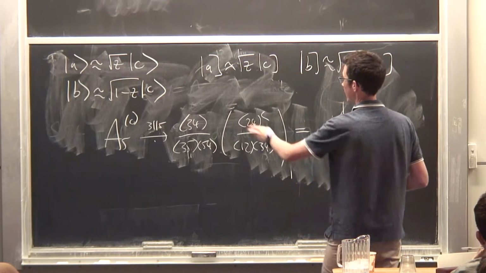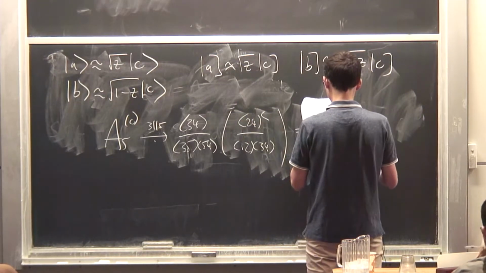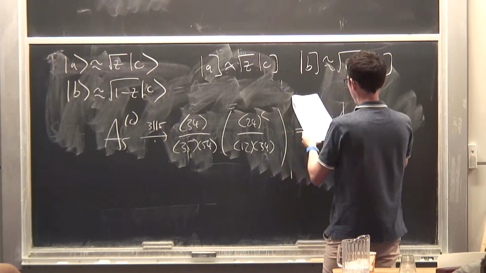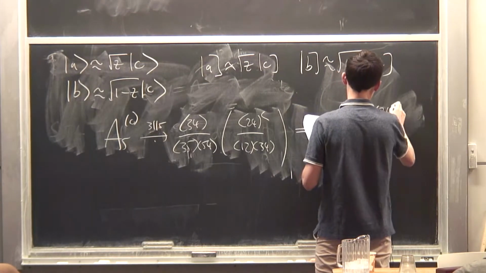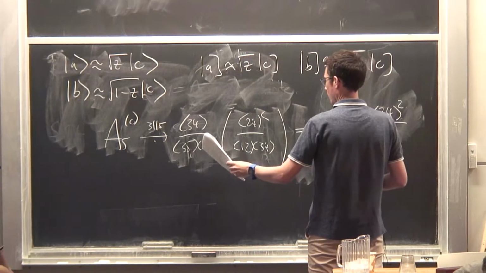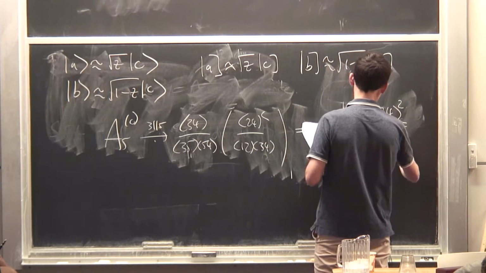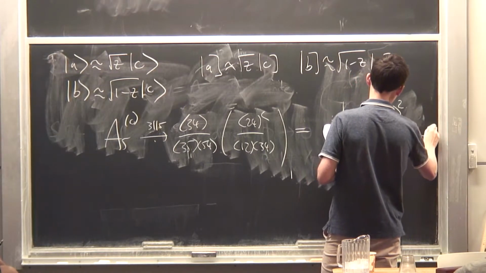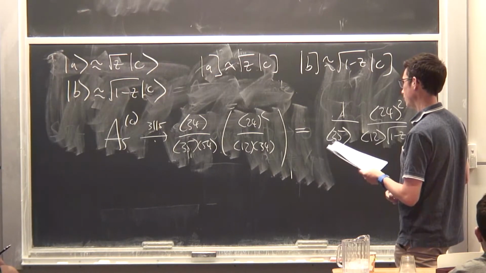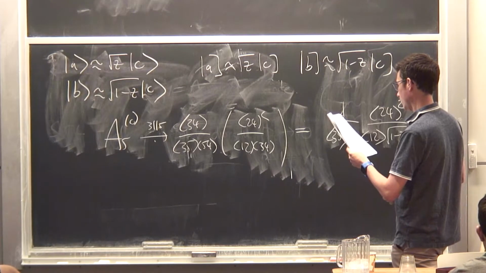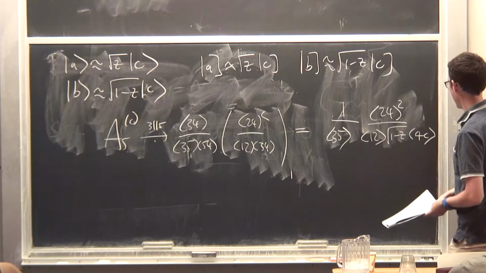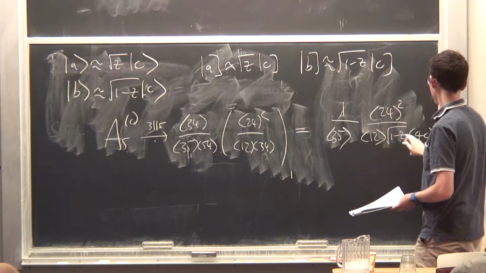So we choose 3 to go like Z, and 5 is going to go like 1 minus Z, root Z. Then 2, 4 is left alone, and 1, 2 is left alone. 5, 4 is going to become the square root of 1 minus Z for C. And 3, 4, where am I left? 3, 4 is cancelled with this 3, 4. So we're done. Now this thing here, 2, 4 squared, 1, 2, 4 C, is